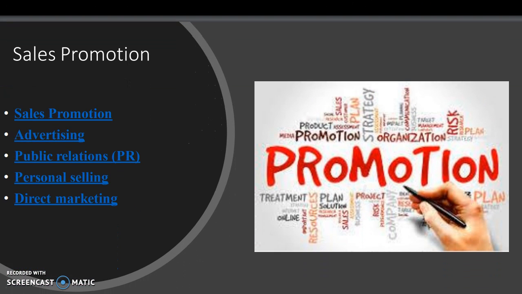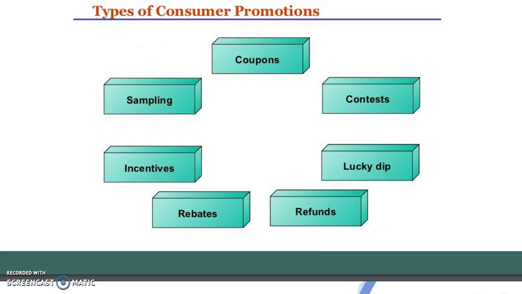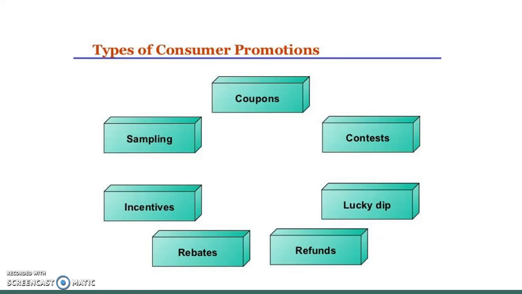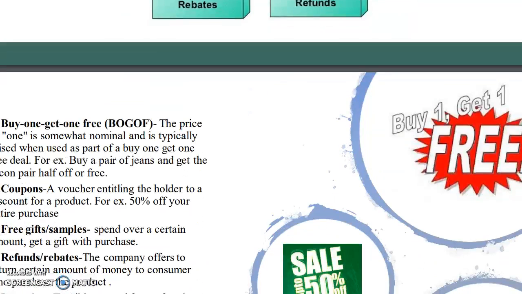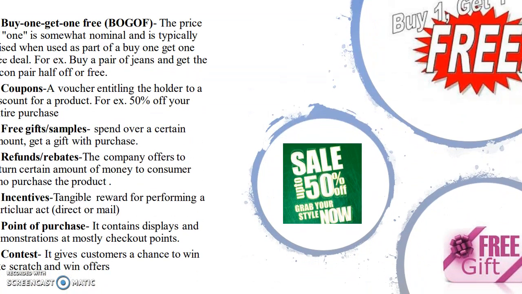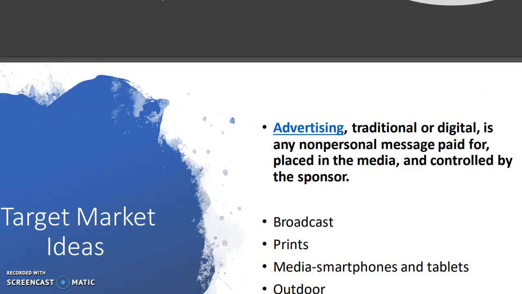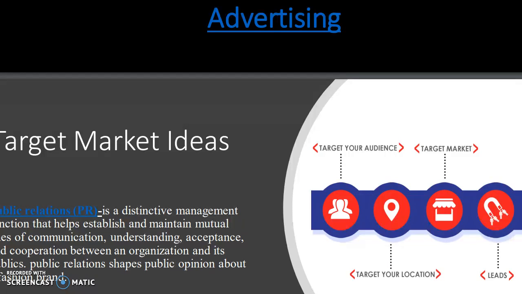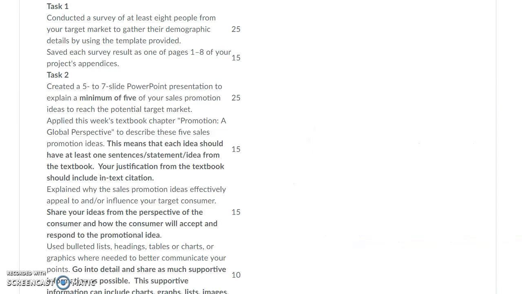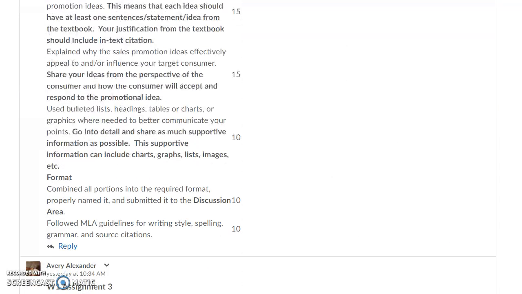And you went into detail for each of these in your section, and you actually provided additional explanations on different types of consumer promotions, making sure that you highlighted and gave definitions and detailed information for each separate subject area. What I don't see in here is any in-text citation. However, you did have a source and a reference list at the end, so you will get some points in that area. So this middle section was completed.